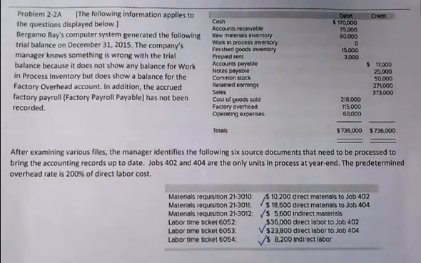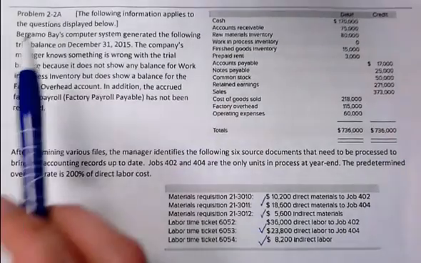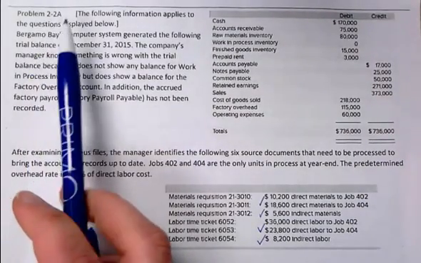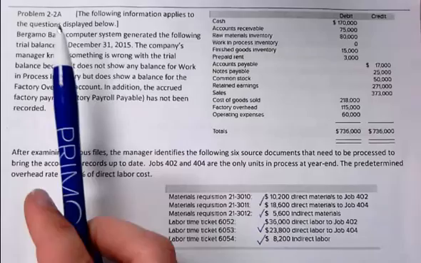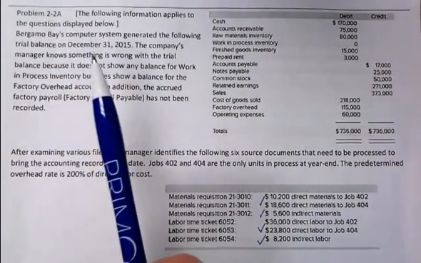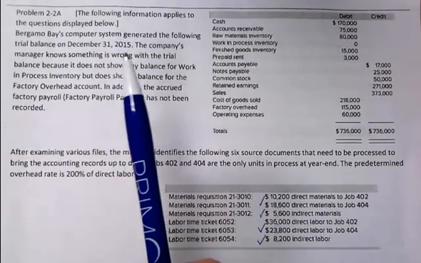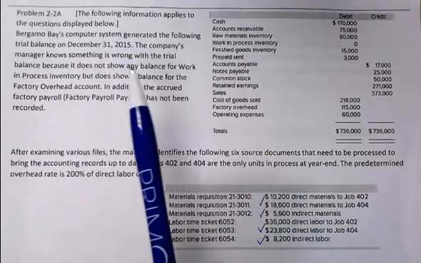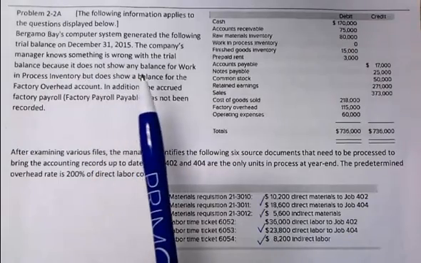Hi, I am going to work a problem very similar to the problem you have in your homework in your textbook, problem 2-2A. Bergoma Bay's computer system generated the following trial balance on December 31st, 2015. The company's manager knows something is wrong with the trial balance because it does not show any balance for work